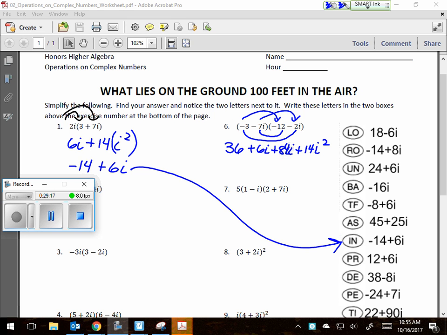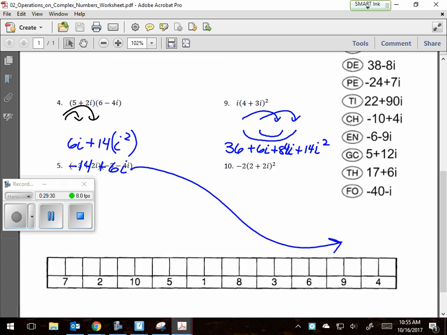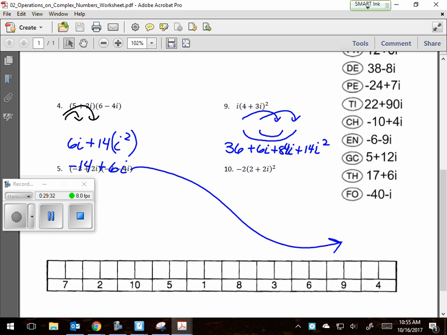And last but not least, at the bottom of the sheet, IN goes with problem 1 then, right? And on number 1, the answer was found under IN. So if you go to the bottom of the sheet and you look at the number 1, it goes with IN. And it'll spell out a saying at the end.